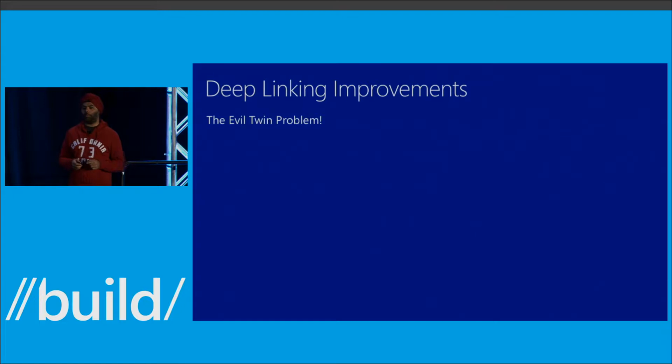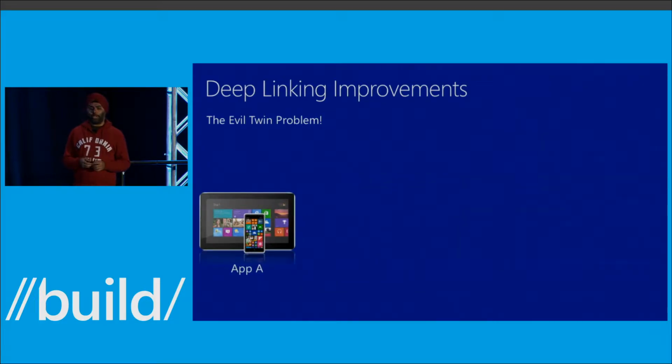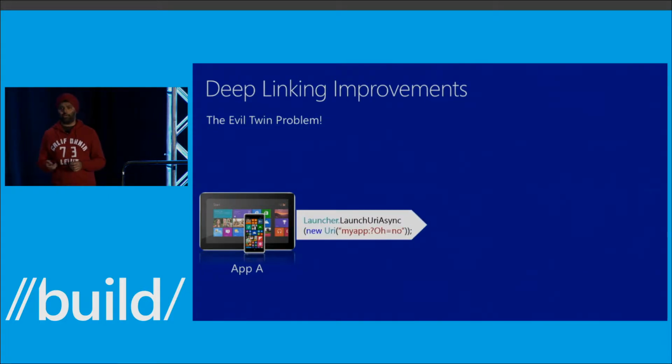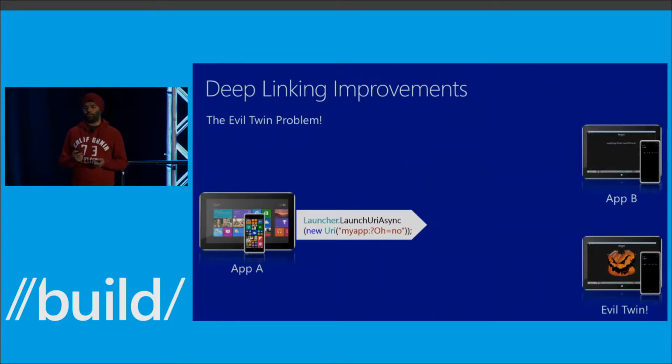Well, the first problem we went after was what I'm calling the evil twin problem. And I'm coining that term. I haven't heard it before, so give me credit if you repeat it. Anyway, the evil twin problem goes like so. Your user starts out in app A, they click a button, do something. App A tries to launch app B, again using a myapp: custom scheme URI. Except in this case, you've got app B installed on the device, but you've also got its evil twin on the device. Now, the evil twin happens to sign up for the same scheme.